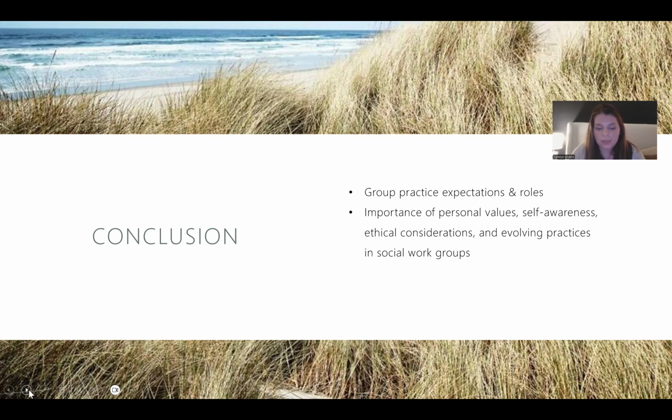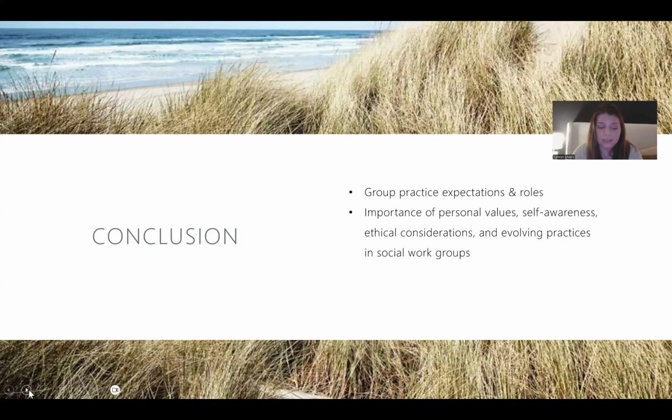So, for social workers to be successful in leading and running a group, it's important to keep in mind that personal values do play a role in motivational efforts of running a group, but personal values should not overshadow the self-determination of the group members. Continually practicing self-awareness and checking for personal biases and just being mindful of ethical considerations within the group and checking in on group members or having our eyes open to possible dilemmas that are going on within the group, whether said or unsaid. Reading between the lines is important as we're understanding people because we are dealing with real people with real problems. So just being mindful of that as well.